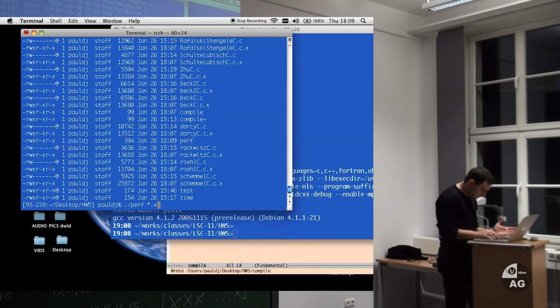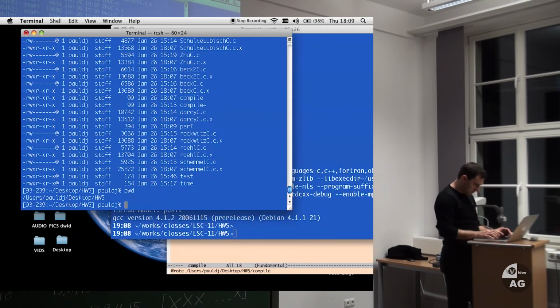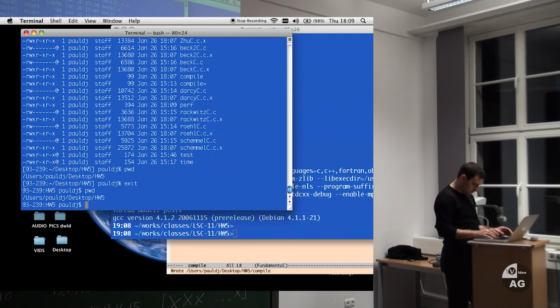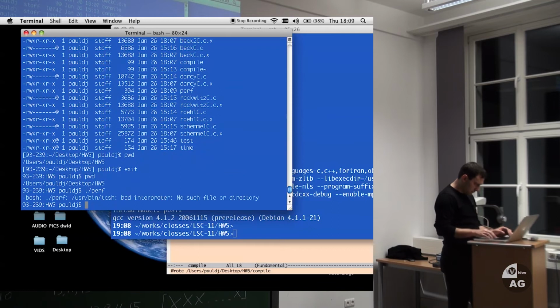There is an X. Why doesn't it find it? Why wouldn't it find it? Once again, same story as before.